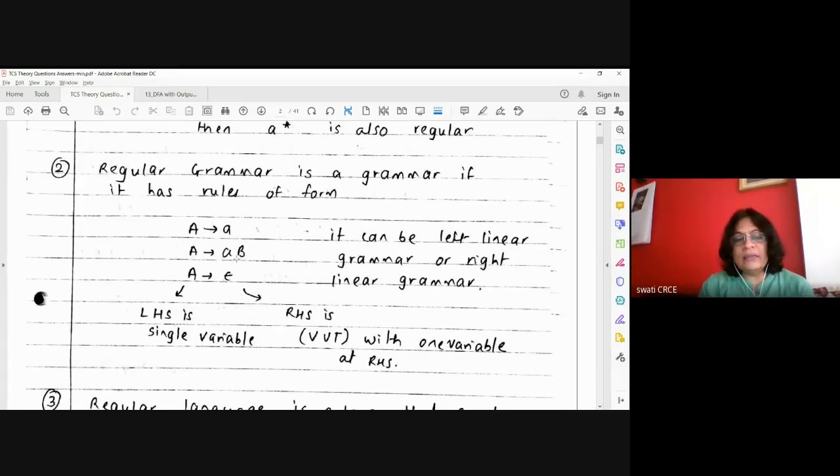And in right linear grammar, the variable is going to occur on the right hand side in all the rules. So here it can be small a, small b, capital B. Here it can be small a, capital B. Or here it can be a, small b, but capital B at the end. Or capital A at the end. So like this, variables in a left linear or right linear grammar. Okay, we will revisit this if there is any doubt.